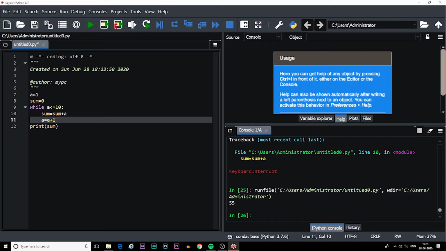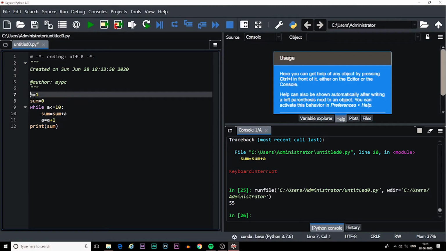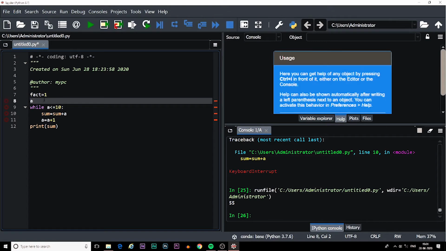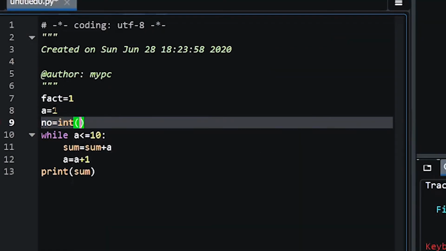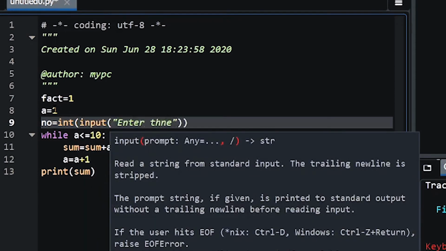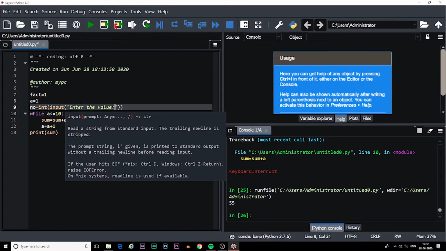Now I will show you one more program, the factorial of a number. For that I am taking a variable fact equal to 1 and one more variable a equal to 1. After that we will read the number for which we are going to calculate the factorial. So number will be equal to input, and I am going to enter the value here.